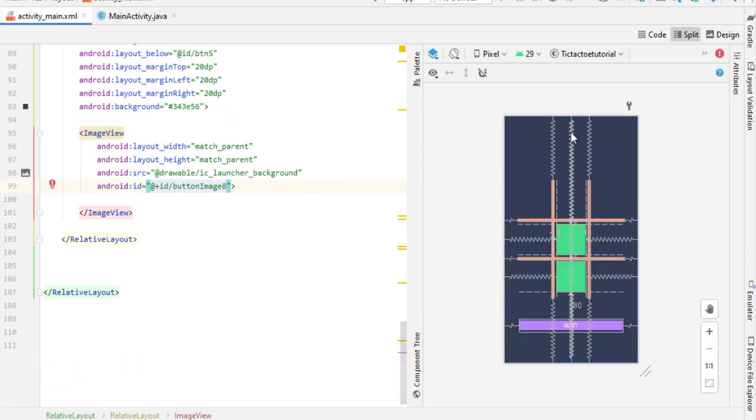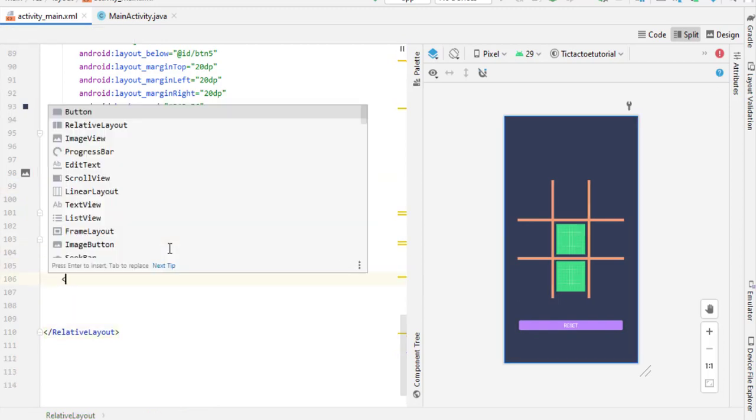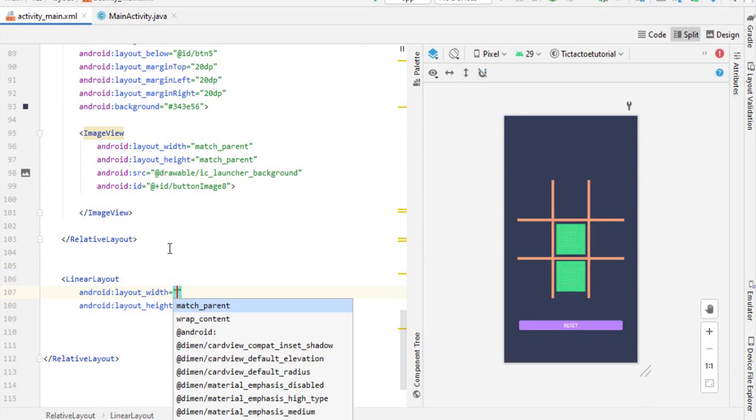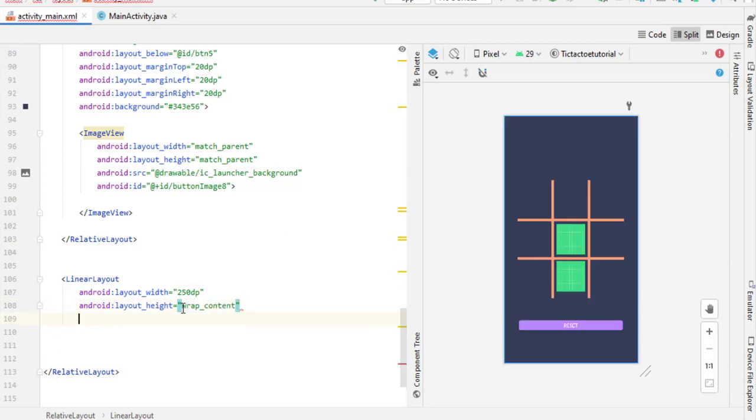Now what we need is a scoreboard here. So let's start writing the code of our scoreboard. For this we have to pack everything inside our linear layout. So I simply take an open bracket, type here linear layout, set the layout width of this 250 dp, and set the height of our linear layout to wrap content.